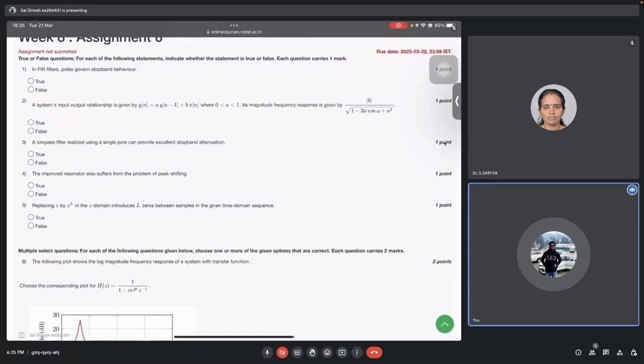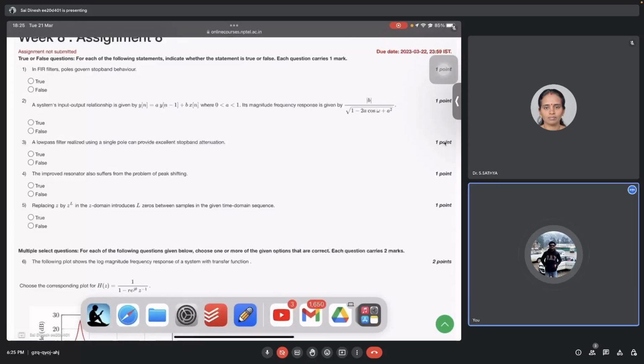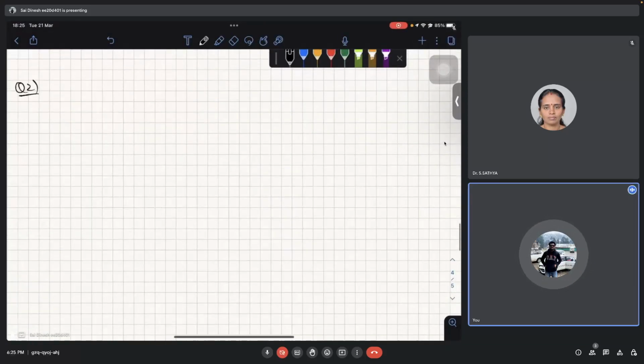The system's input output relation is given by so and so, where a is less than 1, between 0 and 1. The magnitude response is given by this thing. So basically we have an input output relation and we want to find the magnitude response. So this is actually pretty straightforward, right? So the input output relation is given by